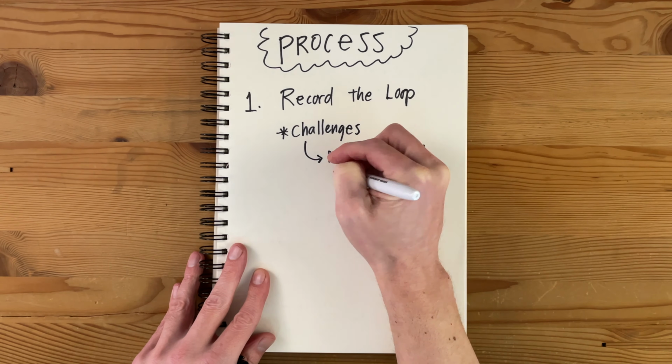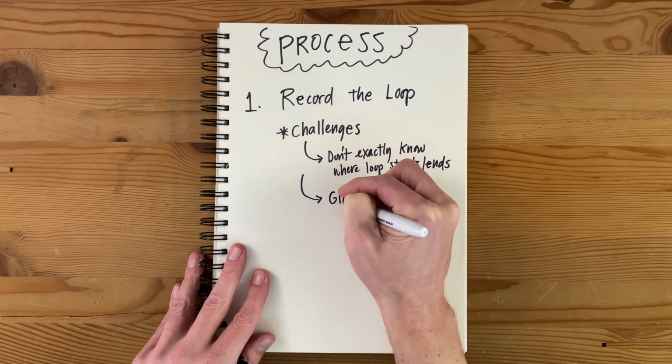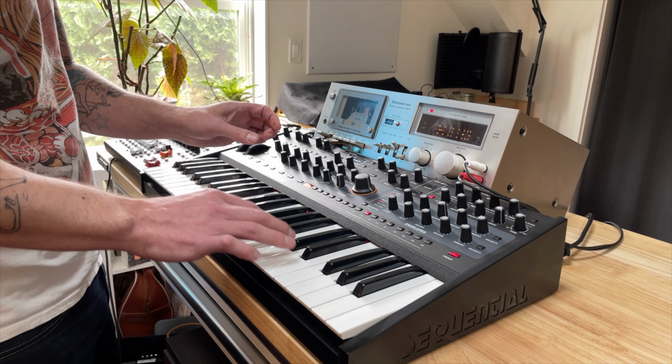Okay, so another one of the challenges of working with a cassette loop like this is it's really imprecise. I mean, it's kind of about 4.5 seconds, but you don't really know where the start and the stop for this is. And the other challenge is that when they make these, they cut this tape and then tape it together again, no pun intended. And that little moment when it crosses over does create an audible glitch. For example,